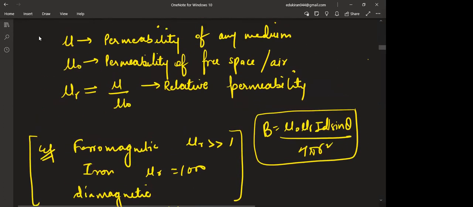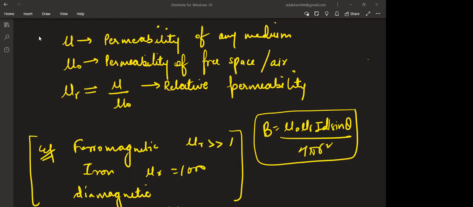All right. Next thing is regarding permeability. This is very similar to permittivity, which we study in electrostatics. Permeability is related to magnetostatics and permittivity is related to electrostatics. Now, in permeability, this mu naught by 4 pi, which we have just discussed,